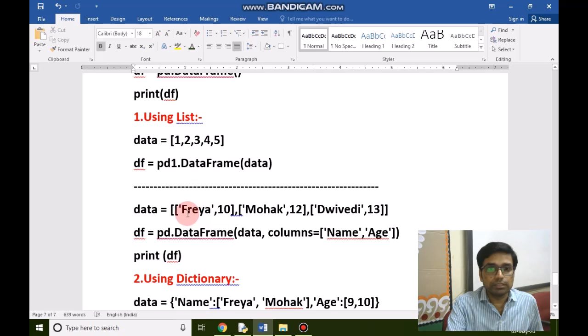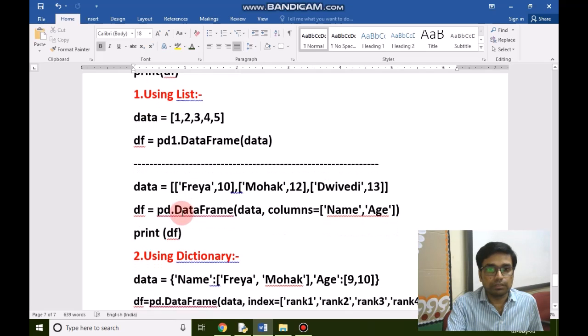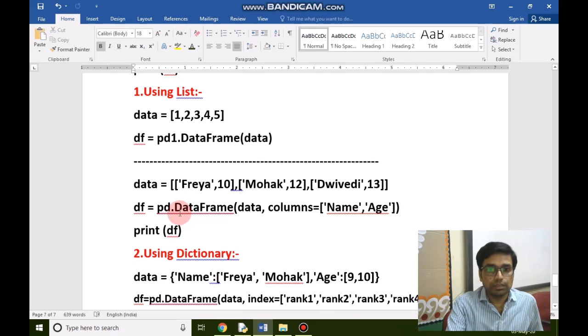Second example is, if we want to give a list within a list, then we can define or give data in this form. There are some lists within a list. There is a string or name, then age, name, age, and we are giving here columns.